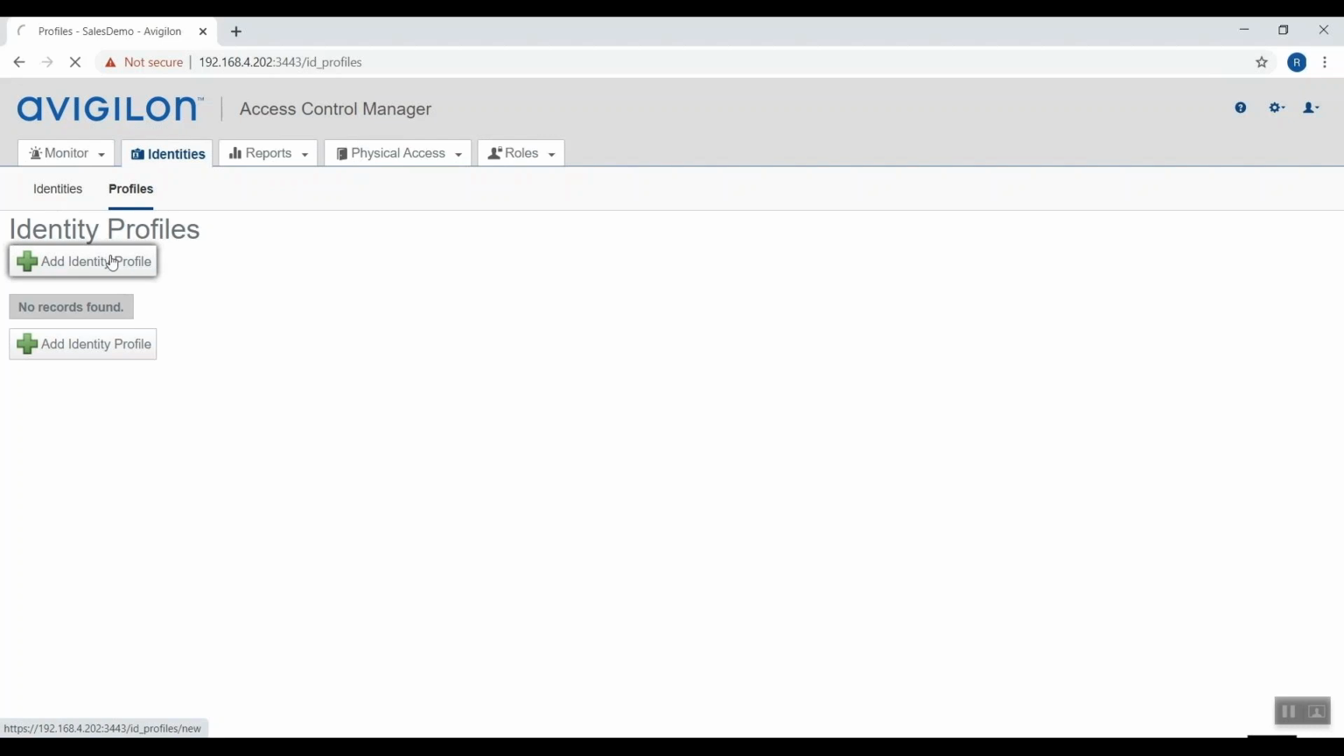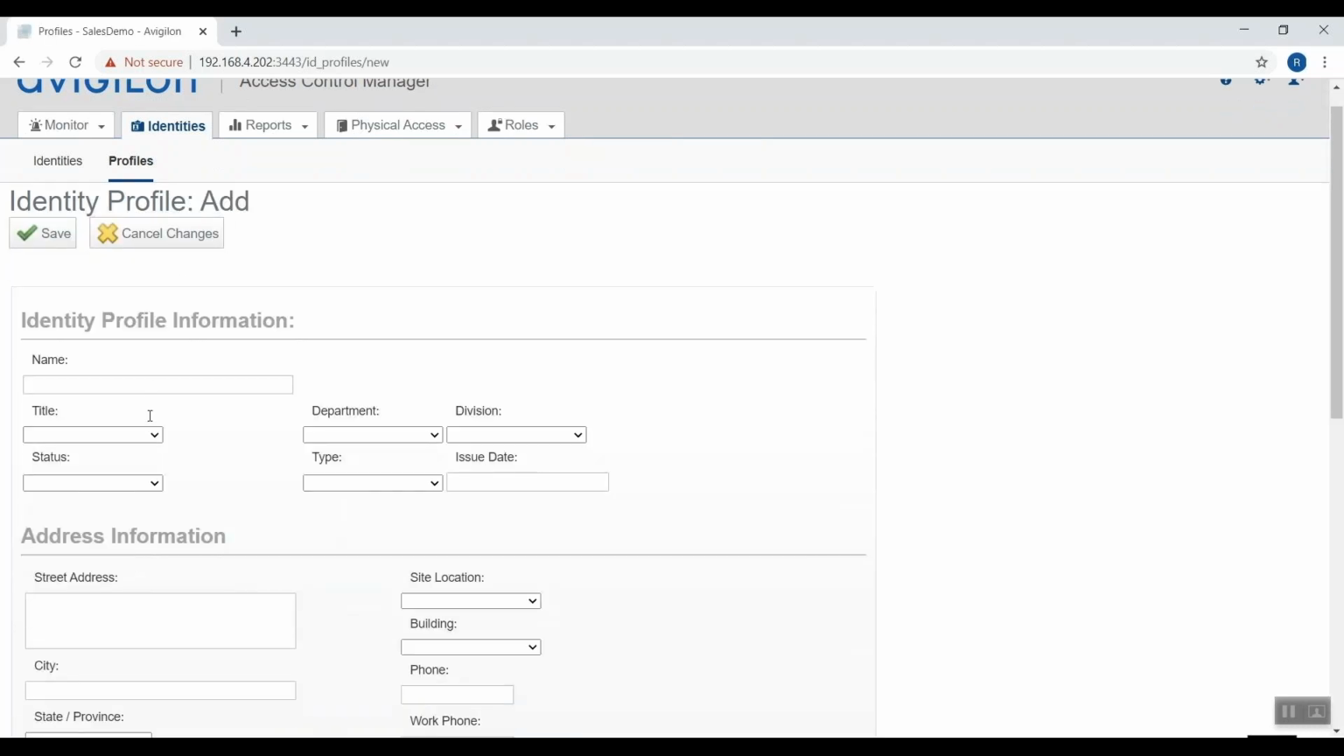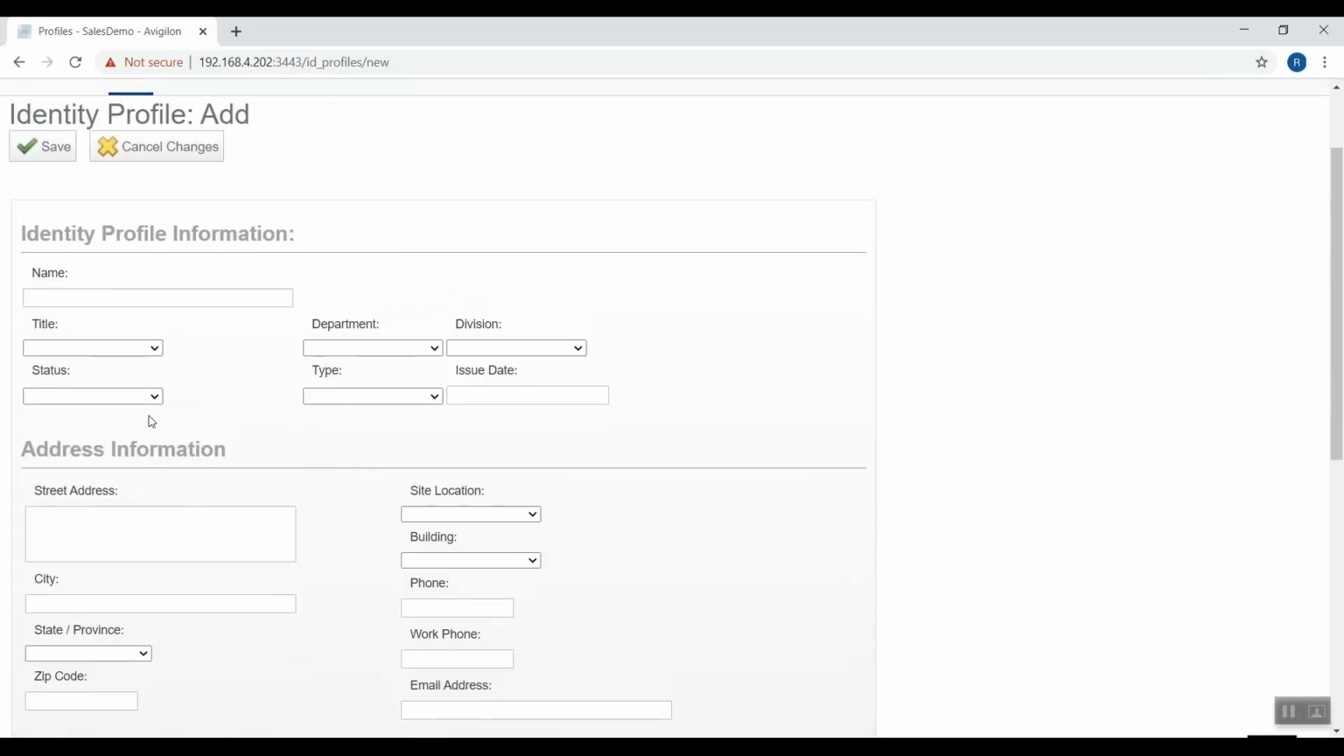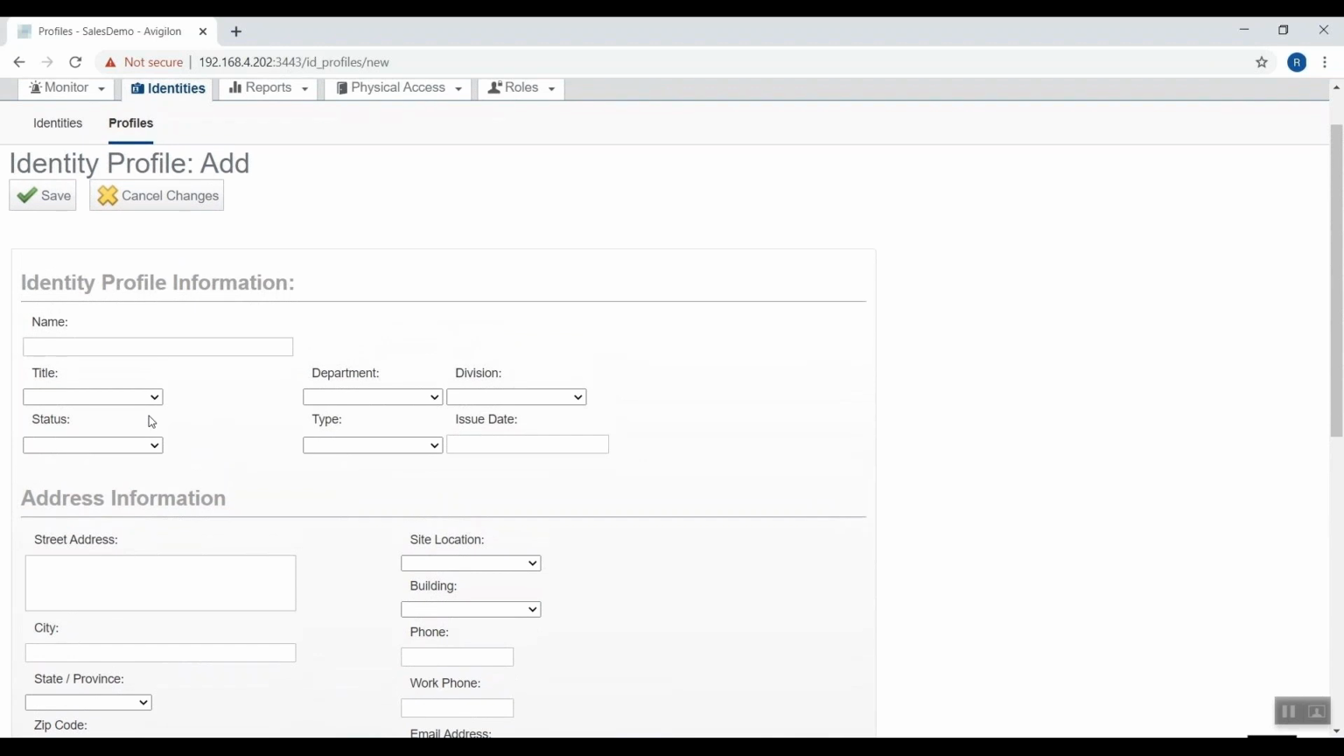So I'll go ahead and add an identity profile, and you're going to give it a name, and you see all the different information that you can enter. For just right now, I'm just going to name it, we'll just call it contractor identity or ID. And you know what? I'll make all the badges active, and I'll go ahead and mark the department. I'll leave that blank, and I'll call the type contractor,